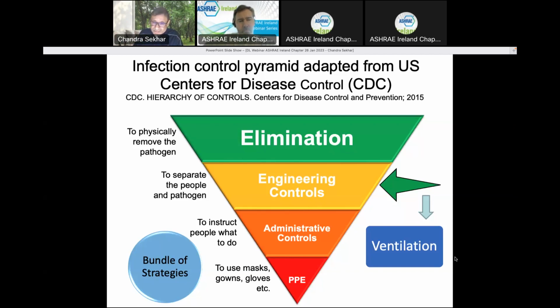So engineering control plays a very important part, and I will be talking a little bit more about the ventilation, and that's the detailed topic that I will be addressing in a short while. Then we have administrative controls and the full PPE at the individual level, and we're all very familiar with it: masks, gowns, gloves. The reason I show this slide is it's never just one strategy. You can't solve the problem with ventilation. We can't solve the problem with just PPE. How long can people be wearing masks and treat that as normal function? That's a challenge. It's always a bundle of strategies.